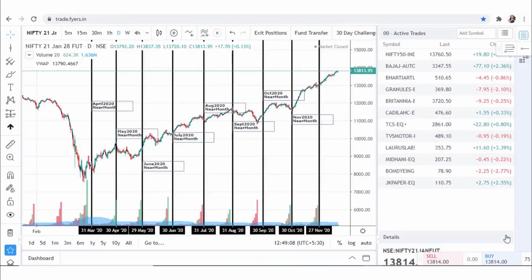As you can see, the long-term chart is made up of previous near-month contracts arranged in order in the script. The dates shown in the x-axis represent the starting day of each contract. For instance, the November 2020 contract becomes a near-month contract after the previous one expires. In equity F&O, it happens on the last Thursday of every month.